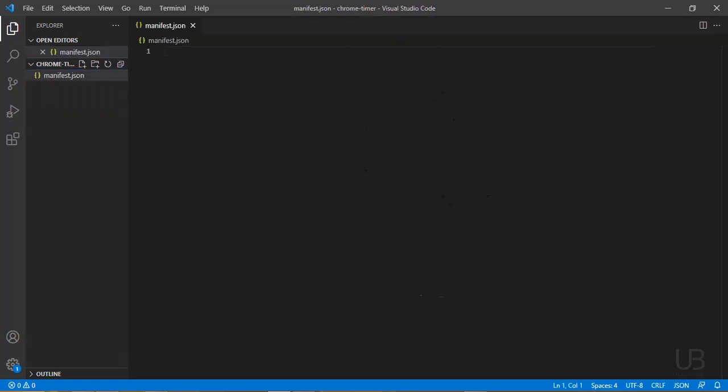So what you should specify here is very simple. You don't really need to memorize it, you can just copy and paste. The first thing to sort out is the name. What is the name of your Chrome extension? Let me just call it Chrome Timer. That is not really a creative name, but let us use it like that.